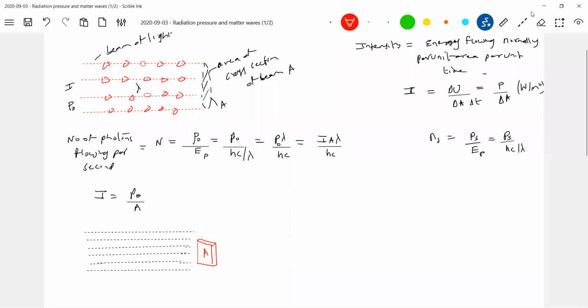See, a beam can come with any area, no? So if the area of cross section of the beam is less than that of the surface, then the area of cross section of the beam you have to take. If the area of cross section of the beam is more than that of the surface, then in the formula you have to put the area of the surface. Now you have to be careful here. Here I defined the area of cross section. Now the area of cross section of the beam is more than that of the surface, so only a part of the beam will be incident on the surface. Now this A will become the area of the surface.